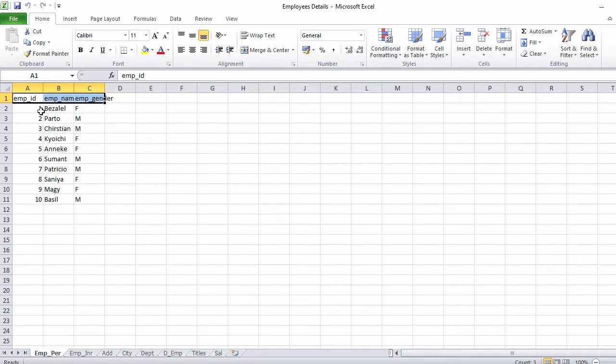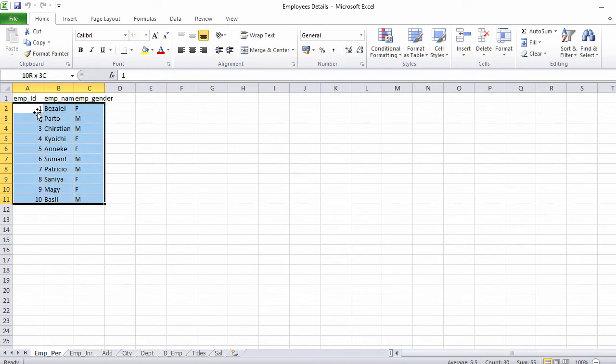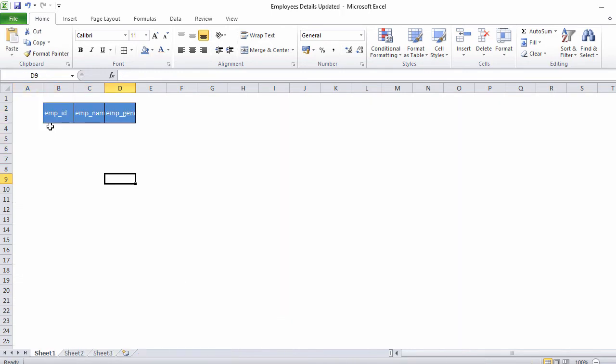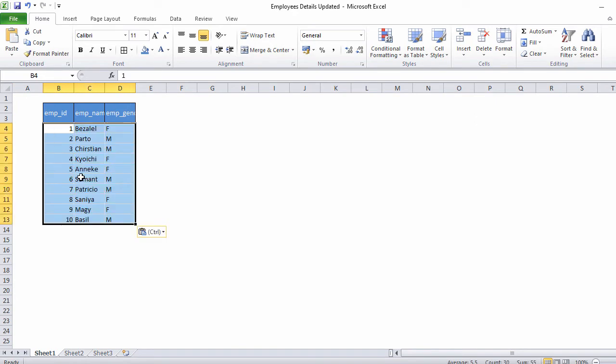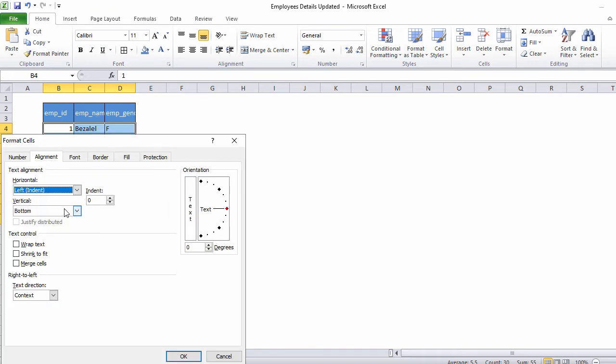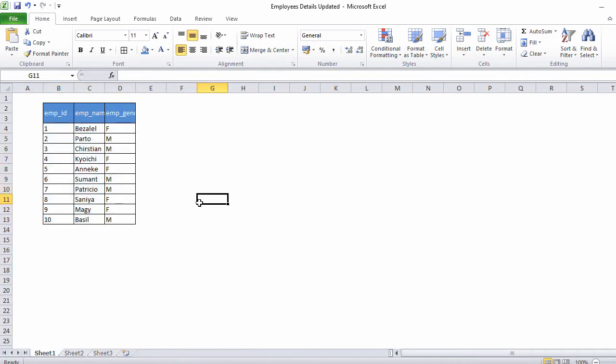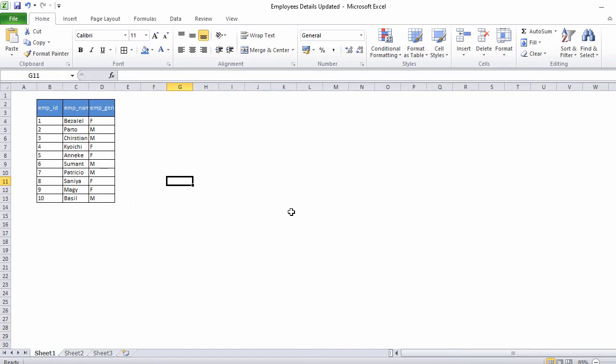Now we're going to copy the data and paste it here. I say all borders and go to format cells. For horizontal I say left, for vertical I say center. So our first table is ready. Now I'm going to zoom out by using Control and scrolling my mouse.